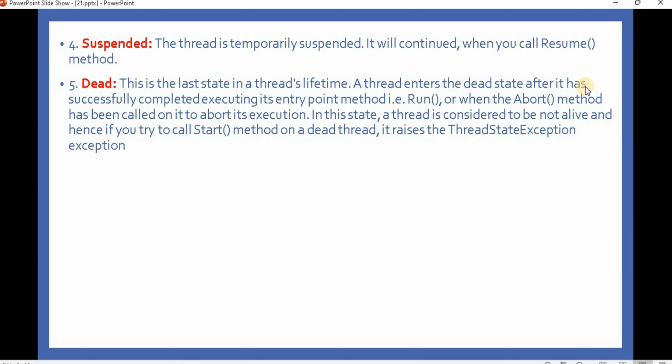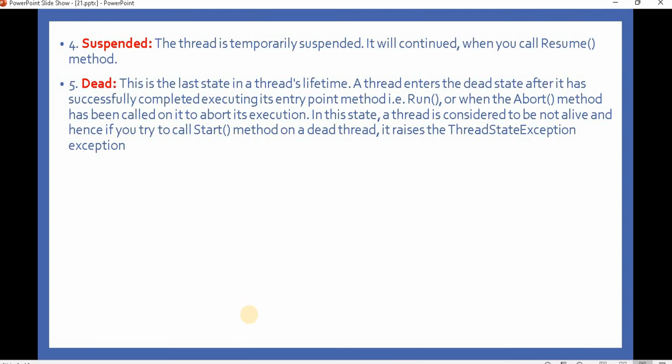A thread enters the dead state after it has successfully completed executing its entry point method, meaning the run method, or when the Abort method has been called on it to abort its execution. In this state, a thread is considered not alive, and hence if you try to call the Start method on a dead thread, it raises a ThreadStateException. So that is the dead state of the thread.